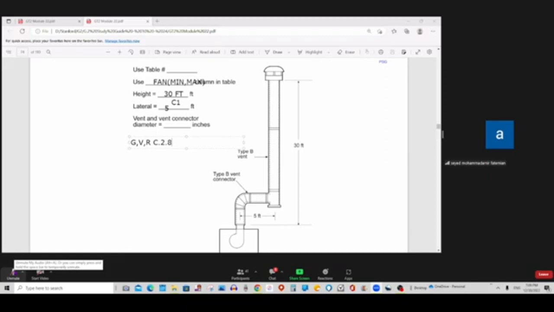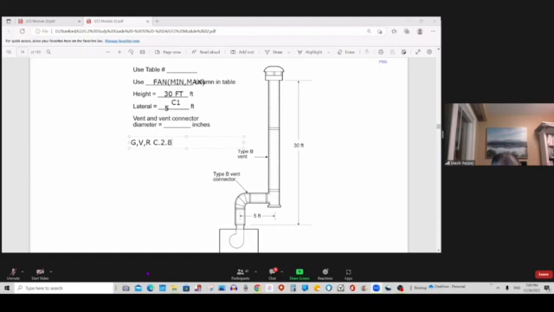C.2.8: for appliances with modulating input rate, the minimum vent or vent connector fan min capacity shall be less than the lowest appliance input rating, and the maximum vent or vent connector capacity shall be greater than the highest appliance input rating. We said when we have a modulating appliance, the minimum should be less than,